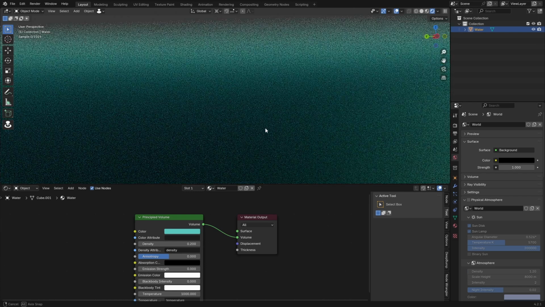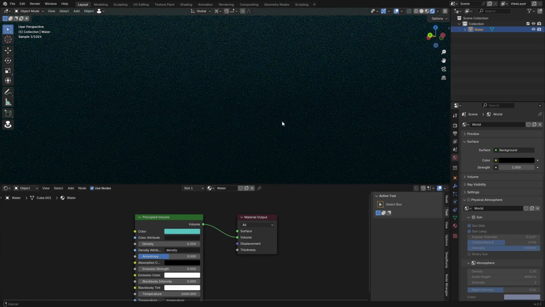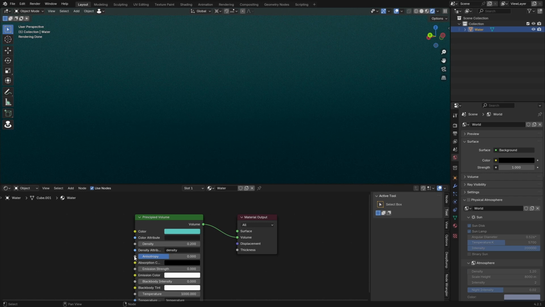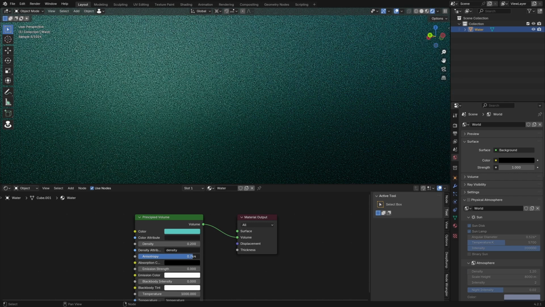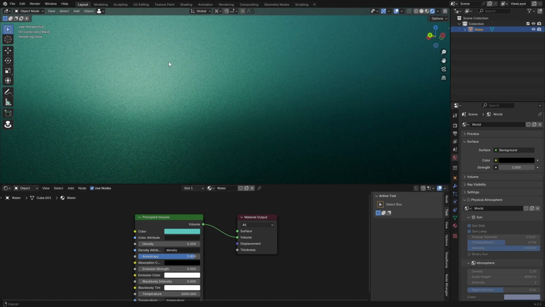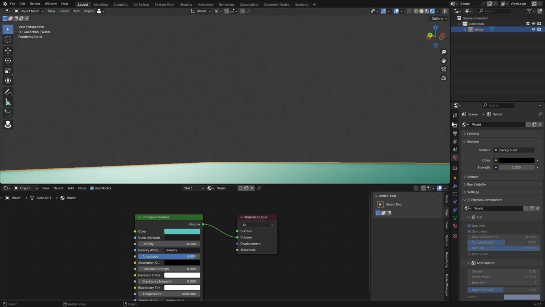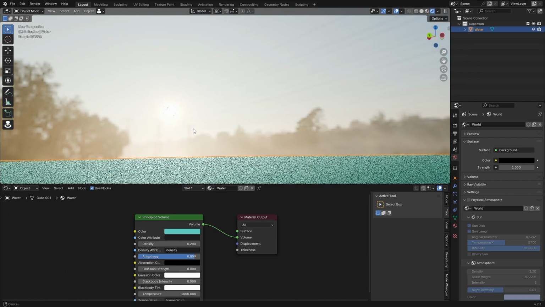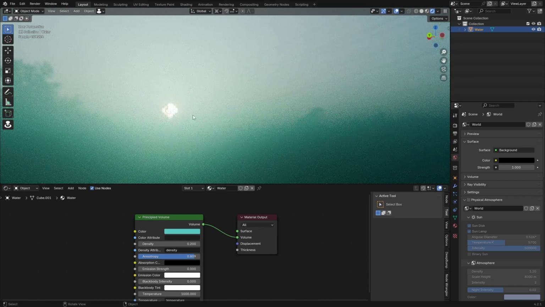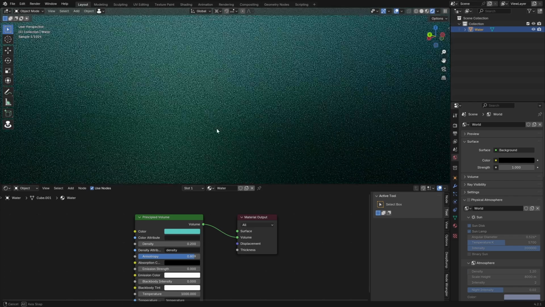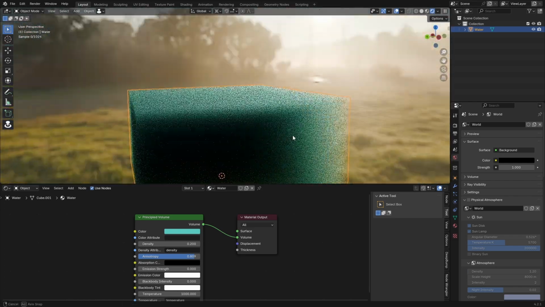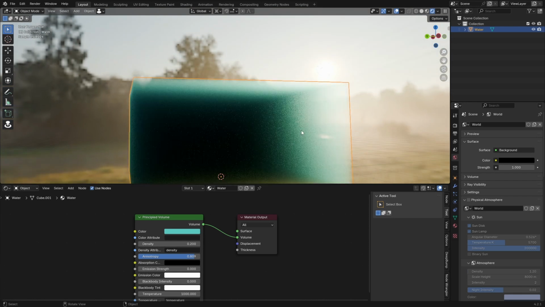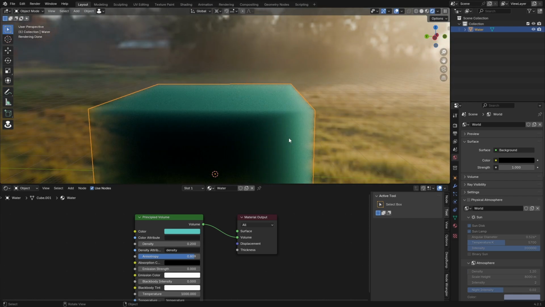Something else you can do is if you go inside now with the density of 0.2, we can go to the edge a little bit more. And if we change this anisotropy value to something higher, you will see it becomes brighter near the source of the light. So if I now move up and I turn on my HDRI with the world opacity, you will see that our sun is there. And if we go back into the water, you will see that there is the brightest part inside of our volume. So what this will basically do is push the density to the parts that receive the most amount of light, and in the other areas keep it a little bit less dense, just so we get those nice light